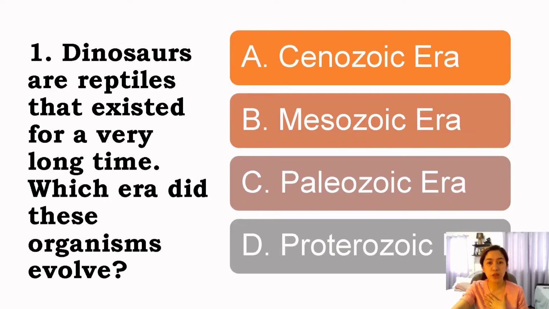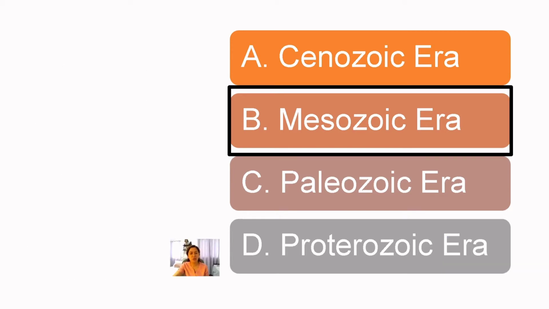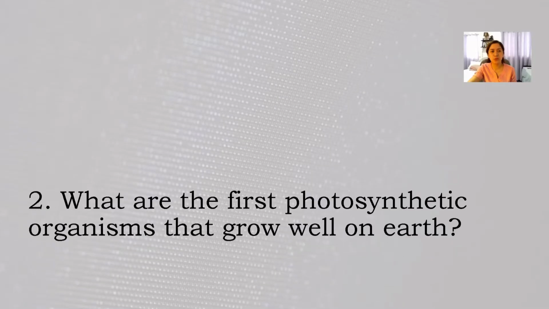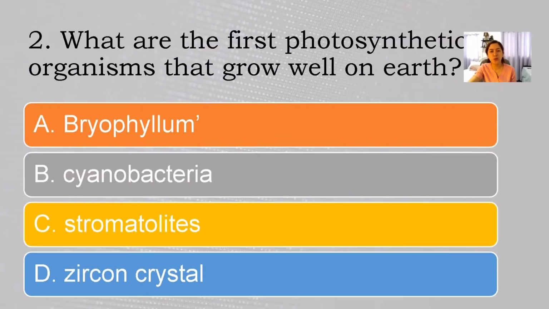A. Cenozoic era, B. Mesozoic era, C. Paleozoic era, D. Proterozoic era. Whew, that's such a tongue twister. What could be the answer? Mesozoic era. I hope you got it correctly. The second one is, what are the photosynthetic organisms that grow well on Earth? The answer is